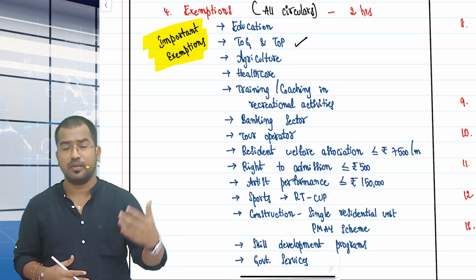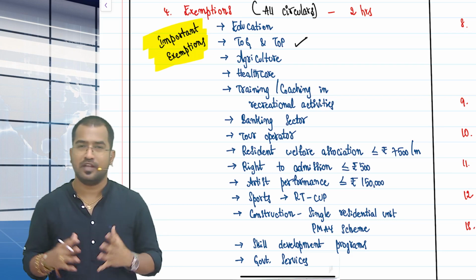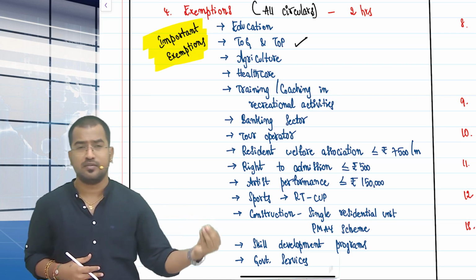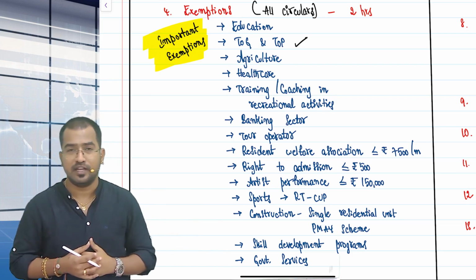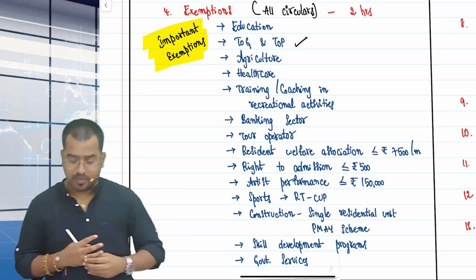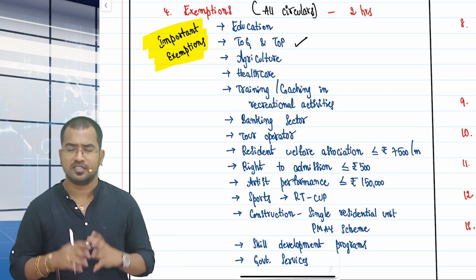So when you are entering any particular premises for a recognized sporting event, or an unrecognized sporting event, with an entry ticket of less than or equal to 500, and there are certain places like zoo, museum, all that stuff, where the entry ticket is completely exempt without any limit. Also artists performing for less than or equal to 1,50,000, except brand ambassador services. So these type of things.